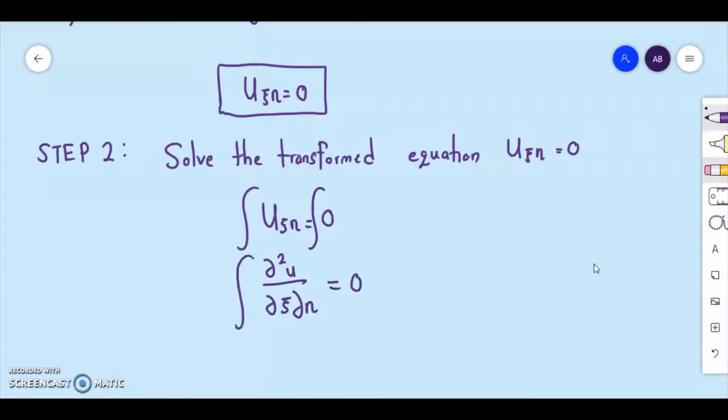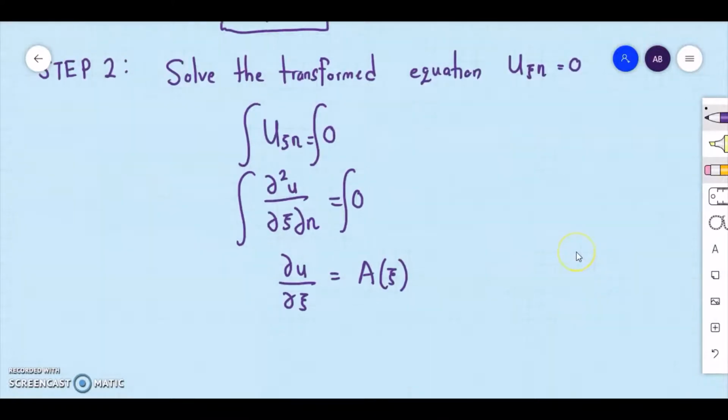Okay, so now first I want to integrate with respect to eta. That will leave me a constant of psi. And then the second integration with respect to psi, that will give me